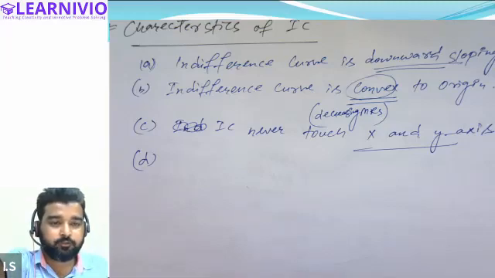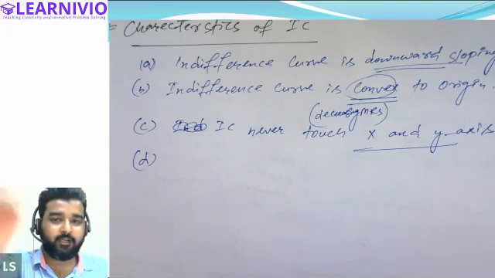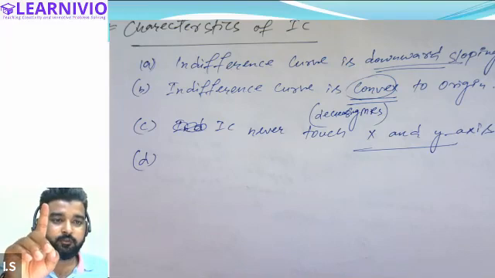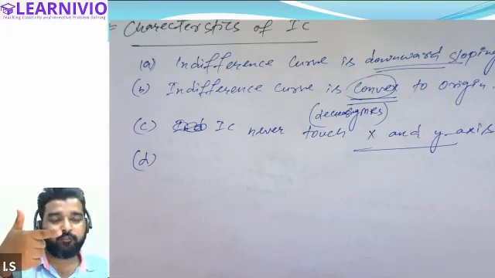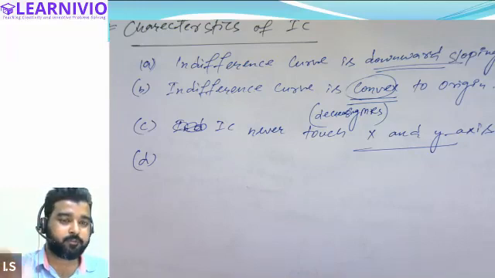All right. So in this session, we were basically discussing the concept of consumer's equilibrium through the indifference curve approach. And in today's session, I have told you that in order to understand the concept of consumer equilibrium, we need to understand 5 concepts. The first is the indifference curve. In the indifference curve, we have learned the meaning, how to make the schedule, how to make the graph, the assumptions, and we were now discussing the characteristics of the indifference curve.